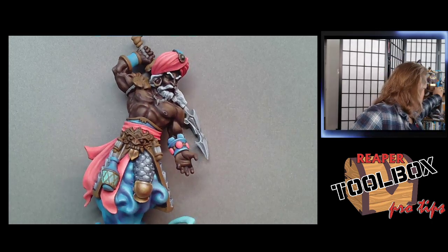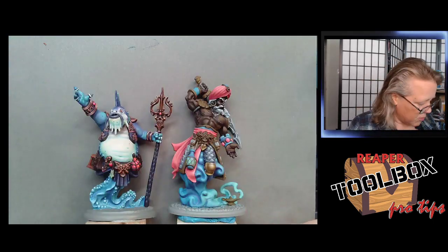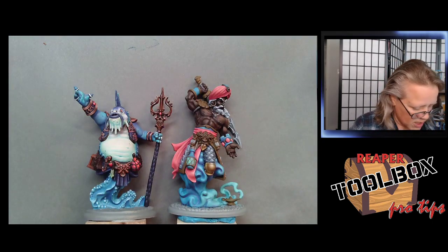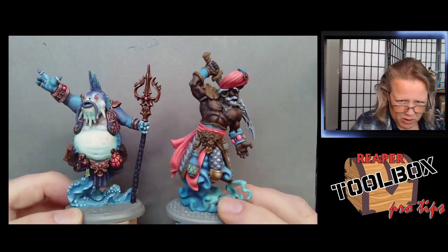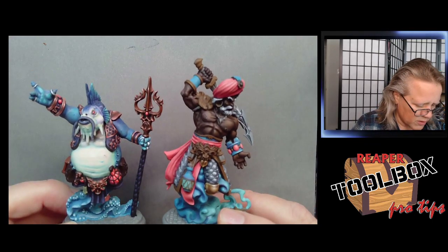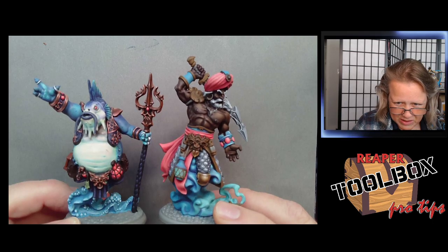Of the four models in this set, and this has been the truth since the beginning, Fishy is definitely my favorite. Both of these come in the Elemental Scion set. We've been working on both of them. This is the water, this is the air. These are the two that I like the most, and they're done in Bones Black, I believe. I guess I'm getting spoiled with Bones USA's crispness and lack of annoying mold lines, relatively speaking. Although there are things I like about the Genie a lot, but it's also